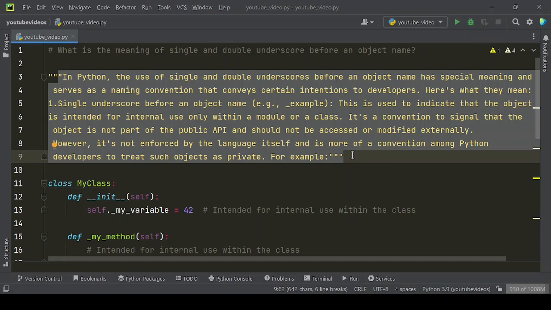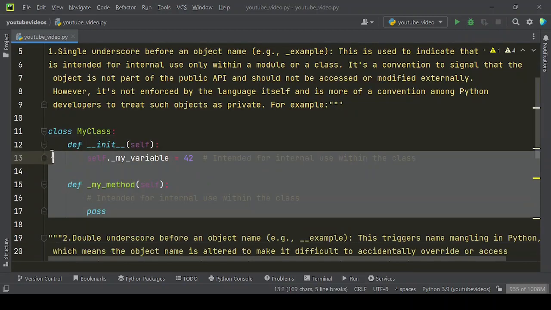Here's what they mean. 1. Single underscore before an object name. Example. This is used to indicate that the object is intended for internal use only within a module or a class. It's a convention to signal that the object is not part of the public API and should not be accessed or modified externally. However, it's not enforced by the language itself and is more of a convention among Python developers to treat such objects as private. For example,